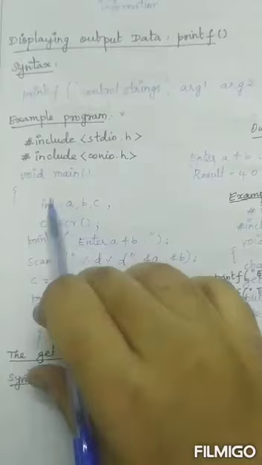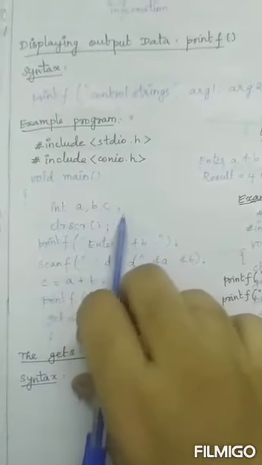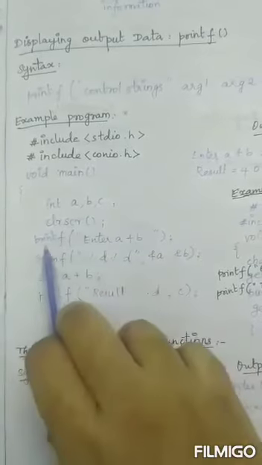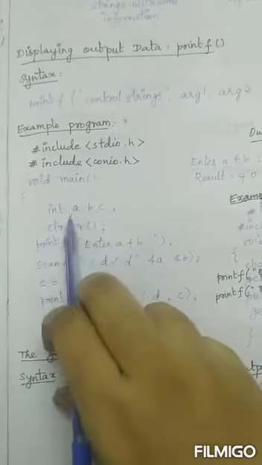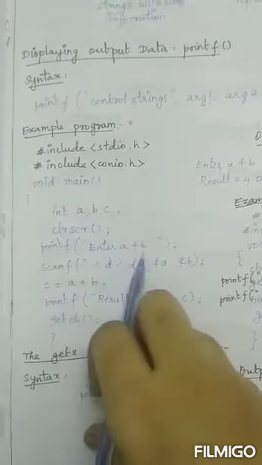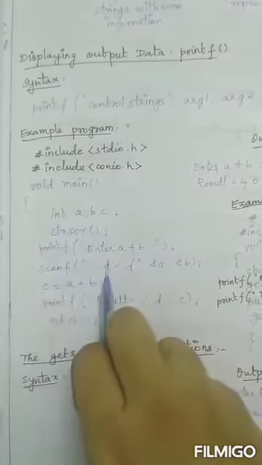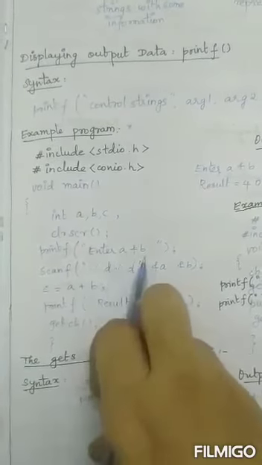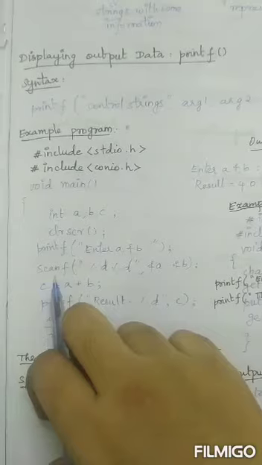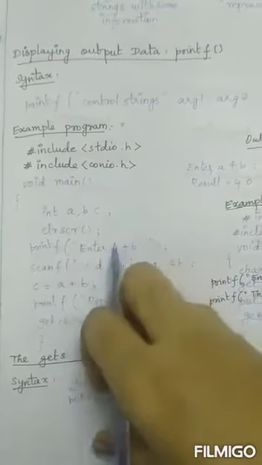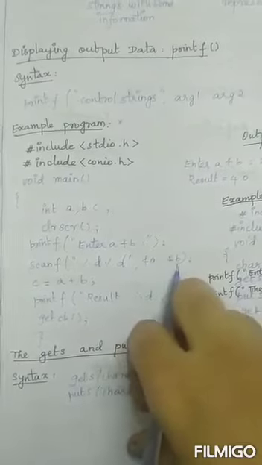I am using the int data type and 3 variables, A, B and C, semicolon. And I am clearing my screen. Next printf statement comes. I am going to enter the values for only A and B in the scanf statement. As it is an int data type, I am using %d 2 times because there are 2 variables, A and B. And as it is a scanf statement, I have to get the addresses of A and B, so I am using the ampersand symbol, ampersand A, comma, ampersand B.